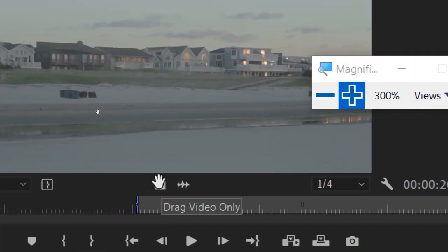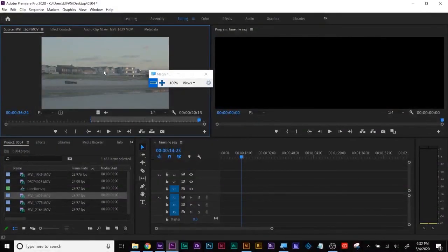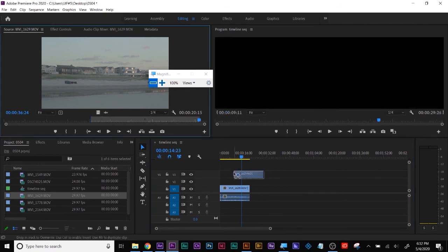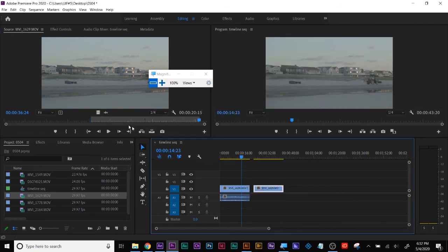If I click and drag from right here in the clip, I get a hand. That hand means I'm going to take both the audio and the video for that clip. If I grab from this video clip over here down to my timeline, that'll just take the video, and the sound waves will take just the audio. So I'm going to want the audio and the video, so I just drag there, and there they both are. Again, if I just wanted the video, I'd grab the video clip right there,